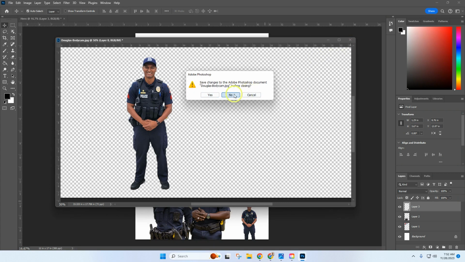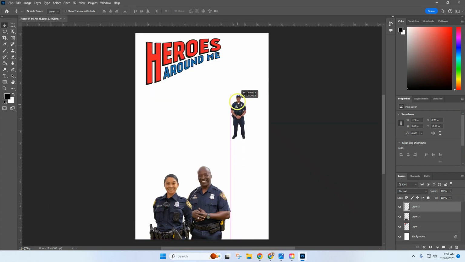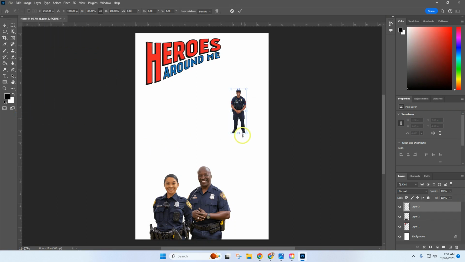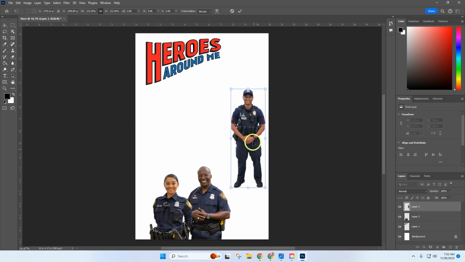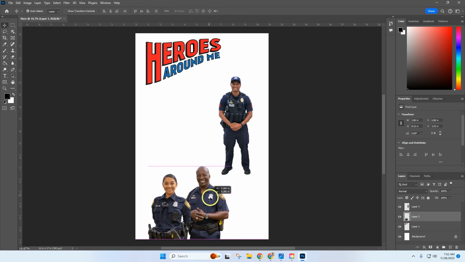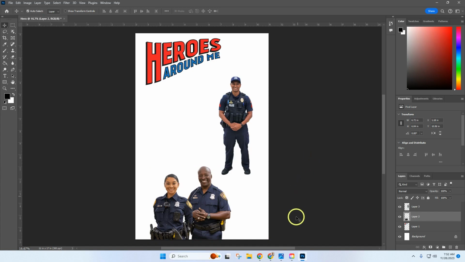Now I don't want to save any changes, so click no. But this guy is actually a full body, so I'm going to edit. If I'm going to make some bigger, click on edit, free transform, and I can make him bigger there. So you can see the full size of this full body, it makes sense visually to put him in the middle there. But for these guys, it wouldn't make sense. I can place them where it's cut off there. Okay. So again,